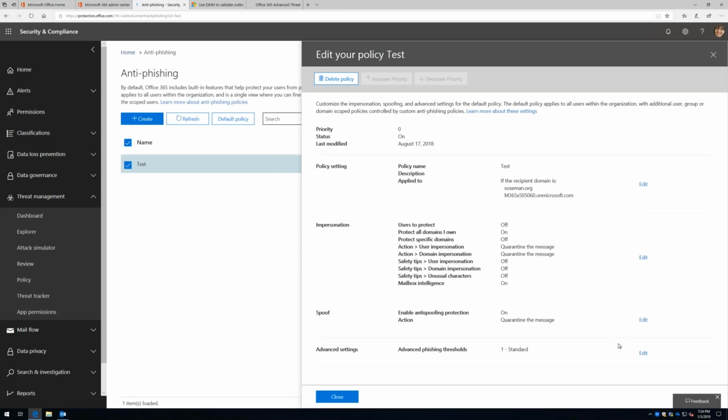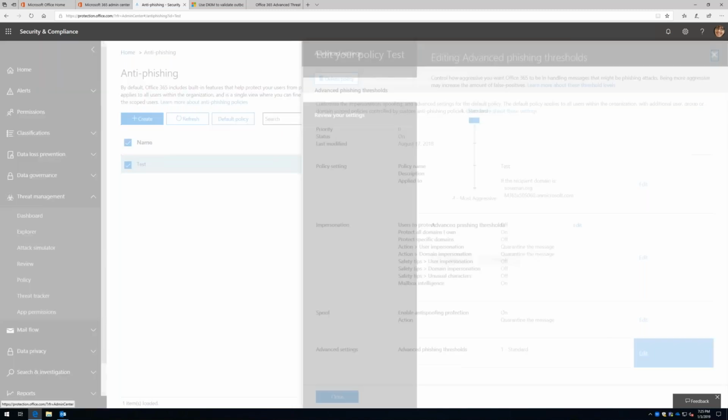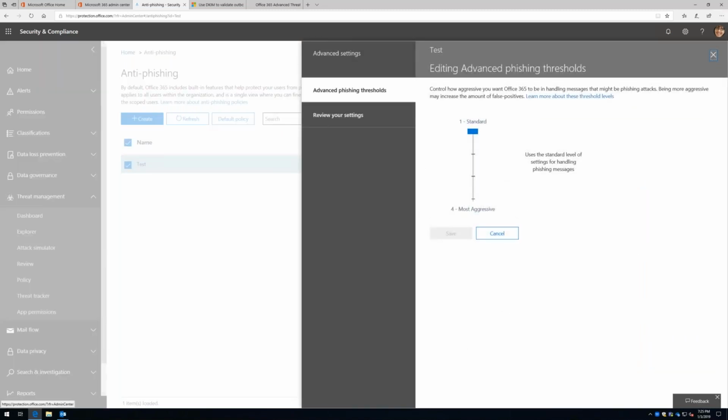Now, the last thing here is under advanced settings. This allows me to get really granular. And again, this is all based on machine learning and artificial intelligence. So if I enable this policy and I wait a few weeks and nothing's really happening, I'm still getting phishing emails coming through and I'm still getting impersonation emails coming through. Well, let's take this little slider here and slide it down a notch. Let's save it.